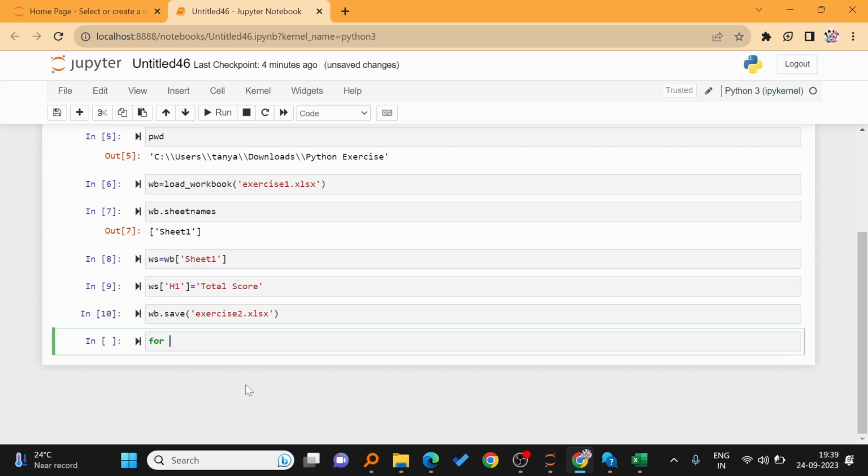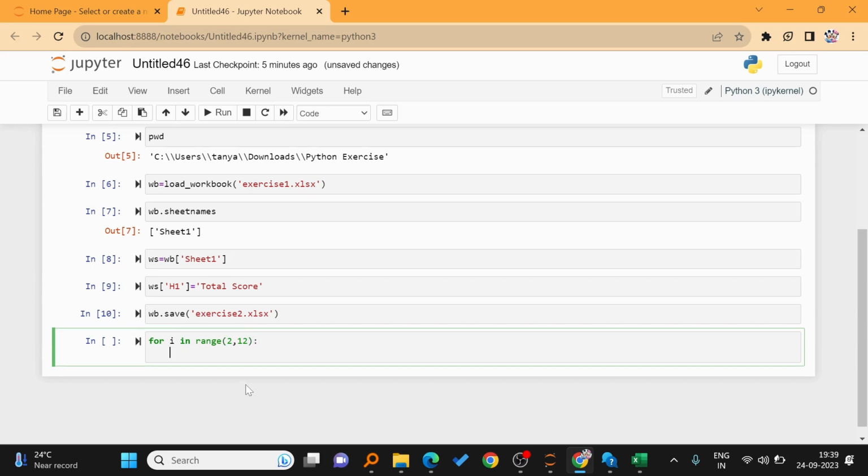The syntax for this is for i in range 2 to 12, because for the last index we enter, the loop will go from 2 to 11, meaning 12 minus 1. For that, we will be using the dot format in order to take the reference of the different cells. So let us suppose if I want to populate this first value, if i is 2, then I will populate the value in H2. For that, in format, we will have to pass the value of i,